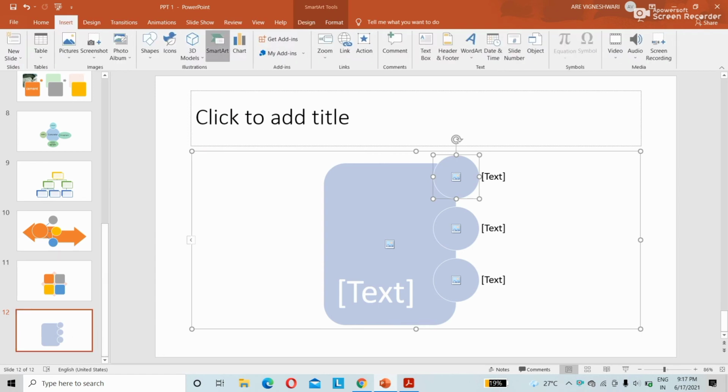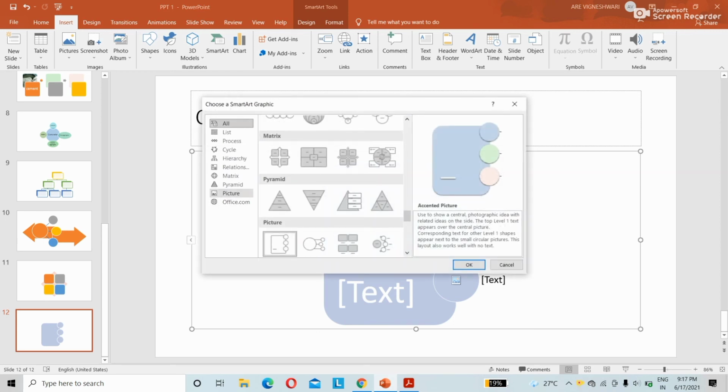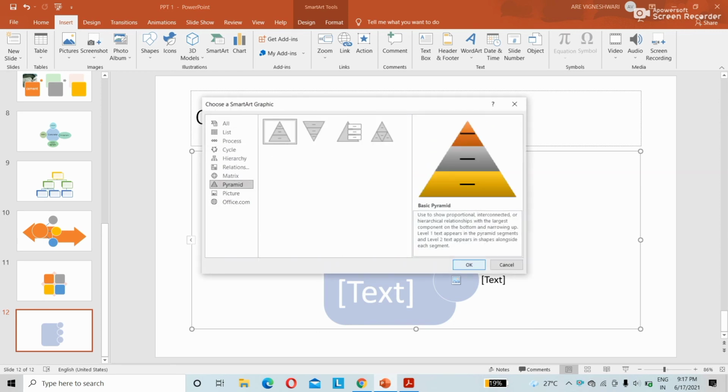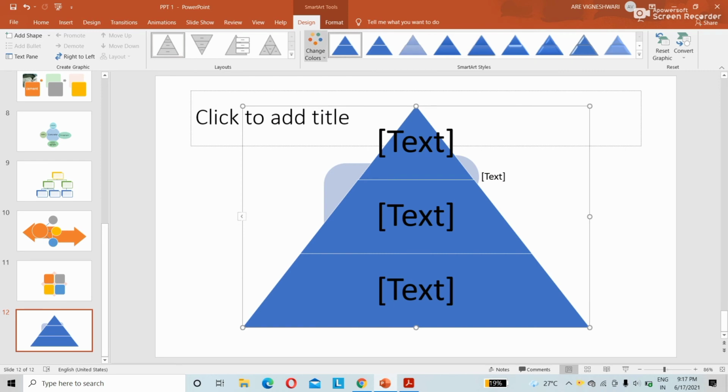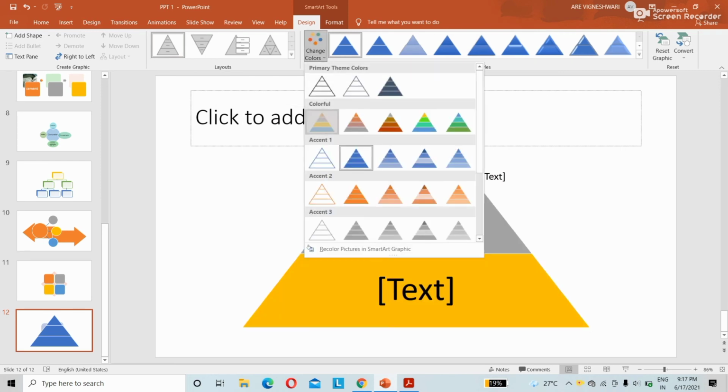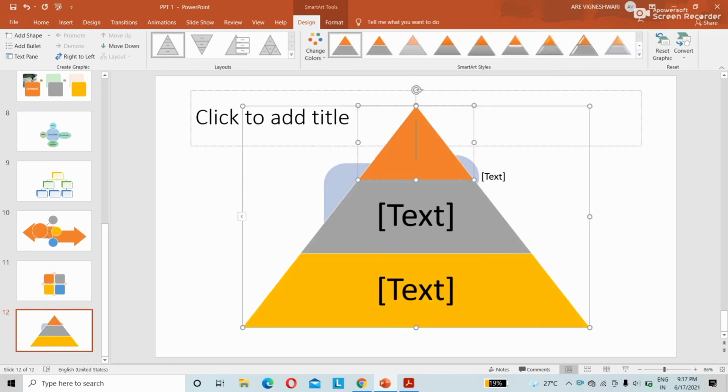Again, insert smart art. If you want to explain percentage-wise, so here you can explain that this much amount of cement is present in this, or like M20 grade concrete. I am changing the font size.